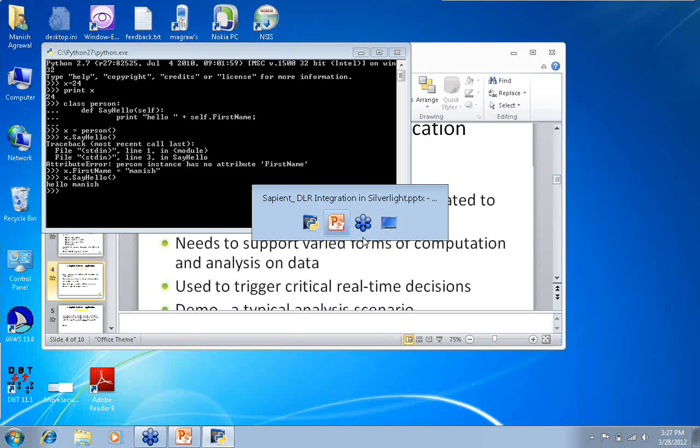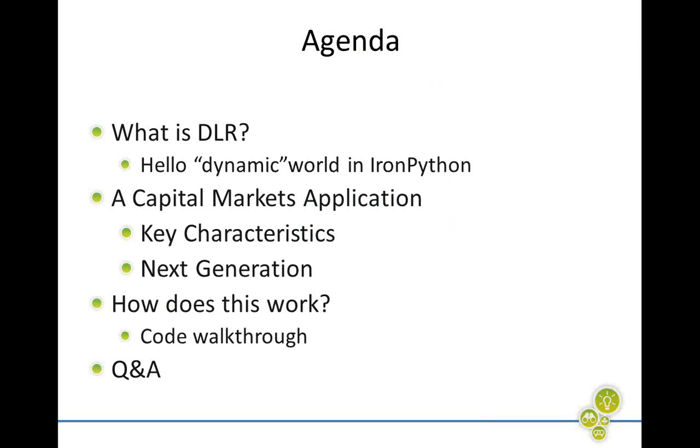Now we are looking at how does this really work. As I said, we were able to use Python to provide this